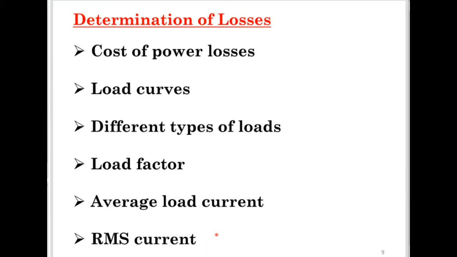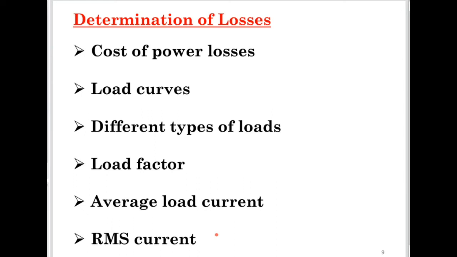RMS is not average by root 2. Is RMS average by root 2? Its average value is 0.637 of the maximum value. That's what you should say. 0.637 is not the appropriate answer by itself, because it's 0.637 times the maximum,